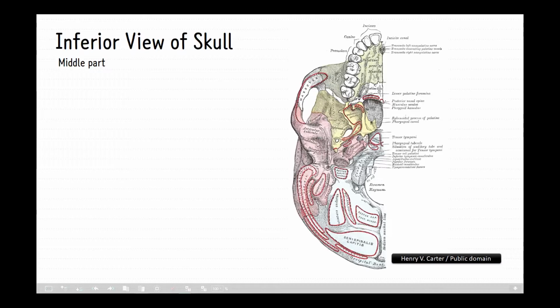Let's go to the middle part of the inferior view of skull. The middle part of the inferior surface is made up from sphenoid and temporal bones and sometimes the basic. The basic, which can be called in other words the basilar part of the occipital bone, is described in the posterior part in our textbooks. So we can think that the middle part extends from the posterior nasal aperture